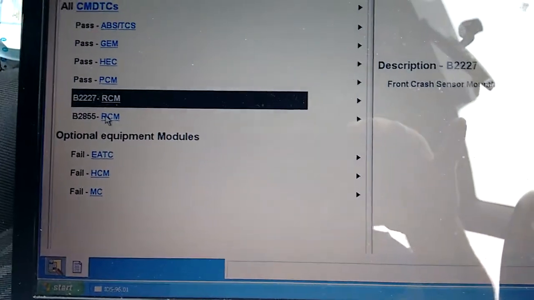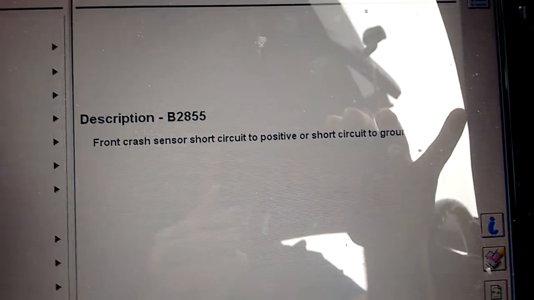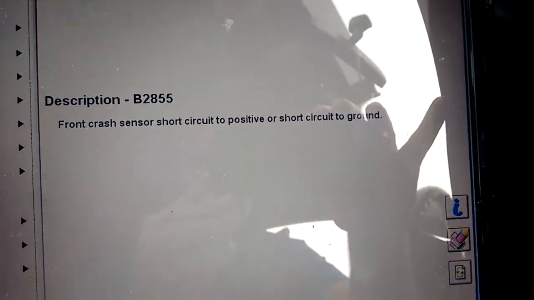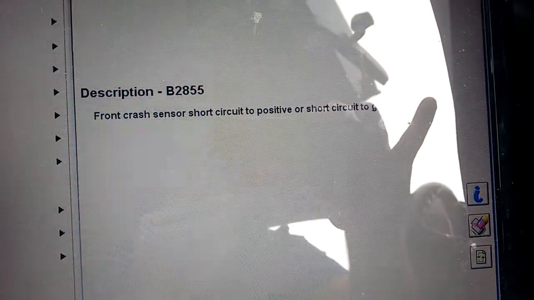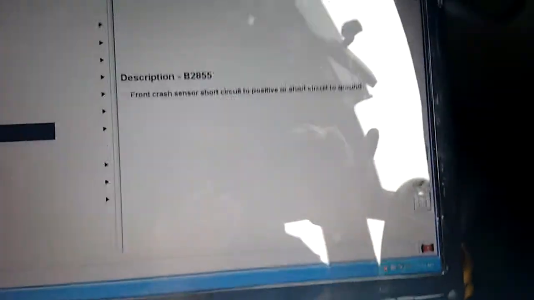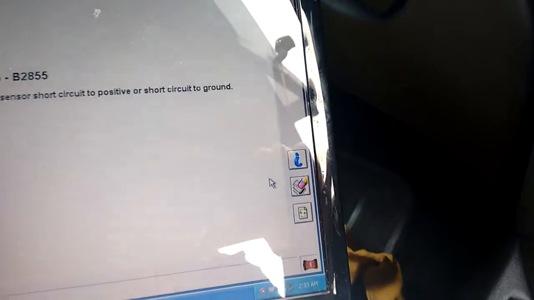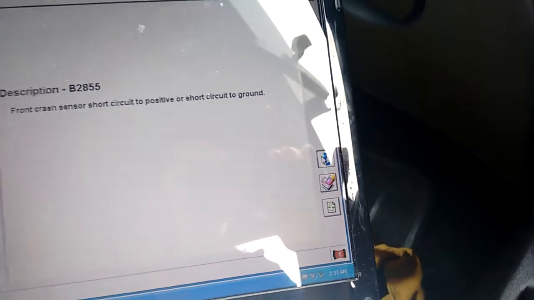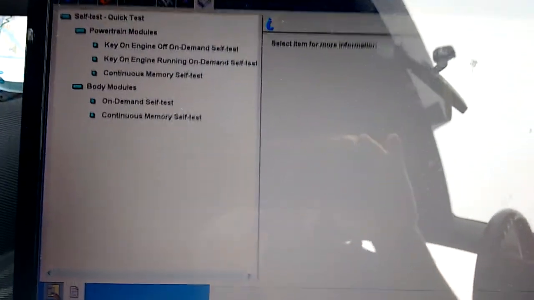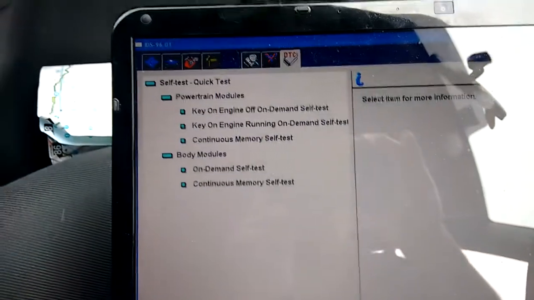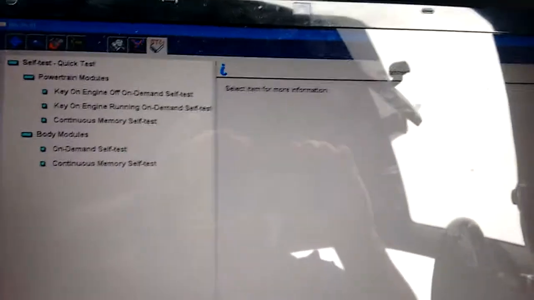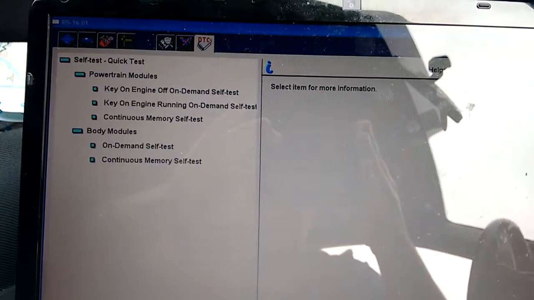And let's go to this one. Front crash sensor circuit. Now I wonder where that is about. Maybe if this gives you some more information down the bottom here. I have absolutely no idea what you're doing there, so I'll pause that and we'll go back to the running